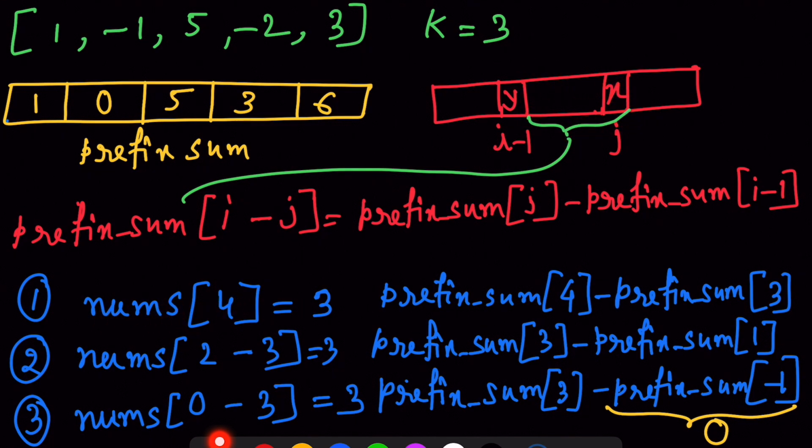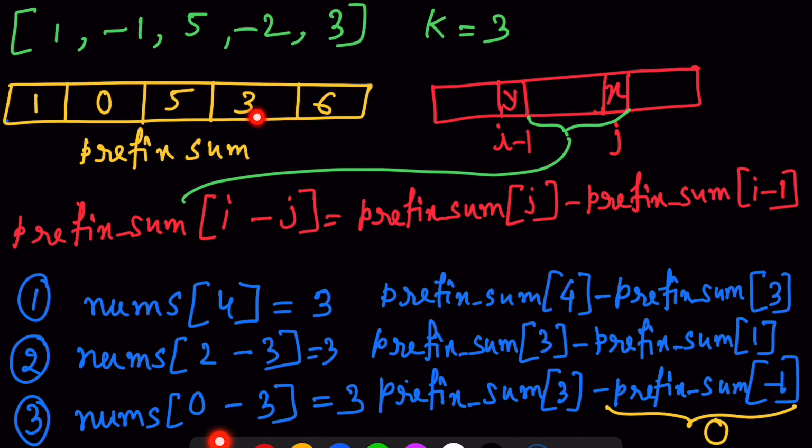Like nums of 4, consider this subarray here. So that will be prefix sum of 4 minus prefix sum of 4 minus 1, 3. So that is 6 minus 3, that is 3. Nums 2 to 3, we are calculating sum 2 to 3, right? That will be prefix sum of 3 minus prefix sum of 2 minus 1, 1. Prefix sum of 3 minus prefix sum of 1,